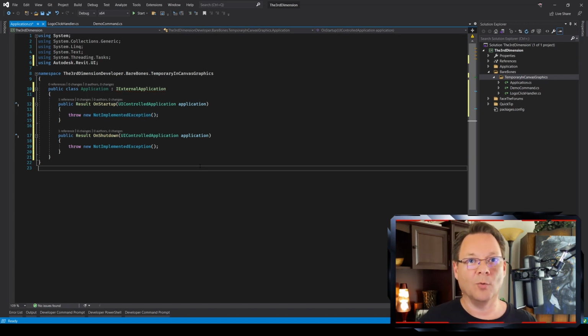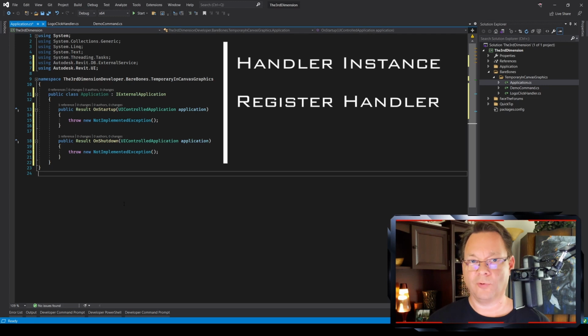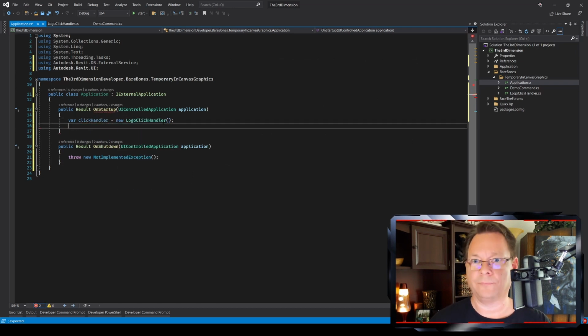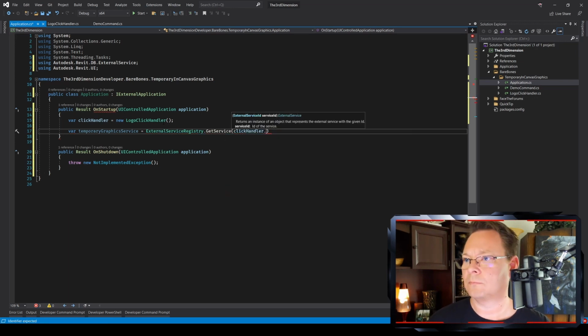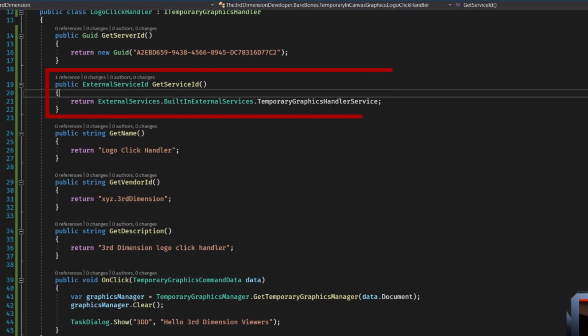And here's where we'll do our one-time setup, which will consist of creating an instance of our handler, registering it with the temporary graphics service, and then setting it active. And if you'll recall, when we filled out our get service ID method in our handler, it just returned the service ID of the temporary graphics handler.